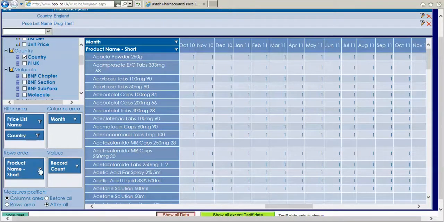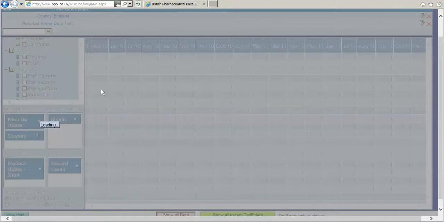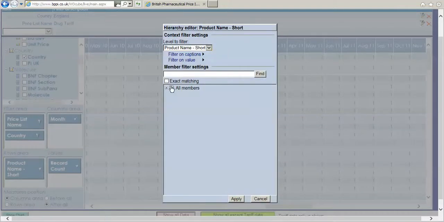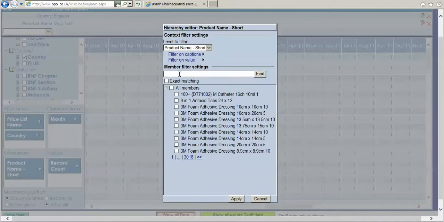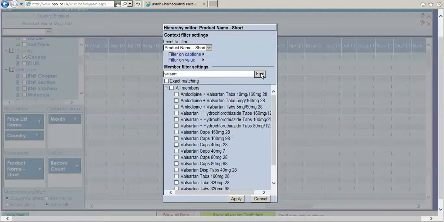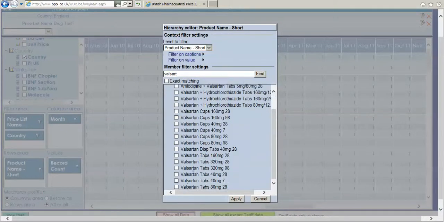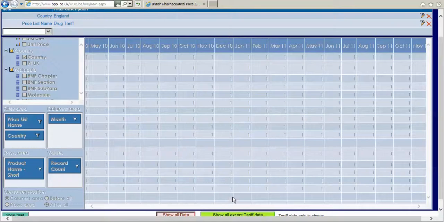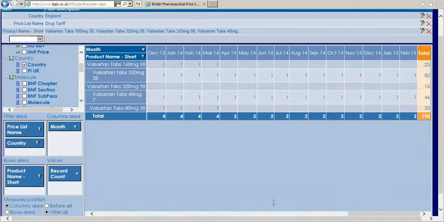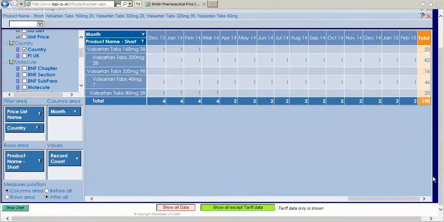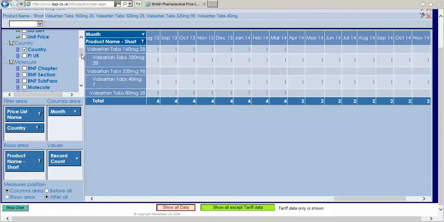Now let's filter in on a particular product. So I'm going to look at the valsartans, I think. So let's look at valsartan tablets. So put the ticks in here and then apply that. So we've still got 1s there. Let's see if it's actually populated the final few cells. Yes, it has. So what we can now do is to get rid of the record count, now that we know what we're dealing with,